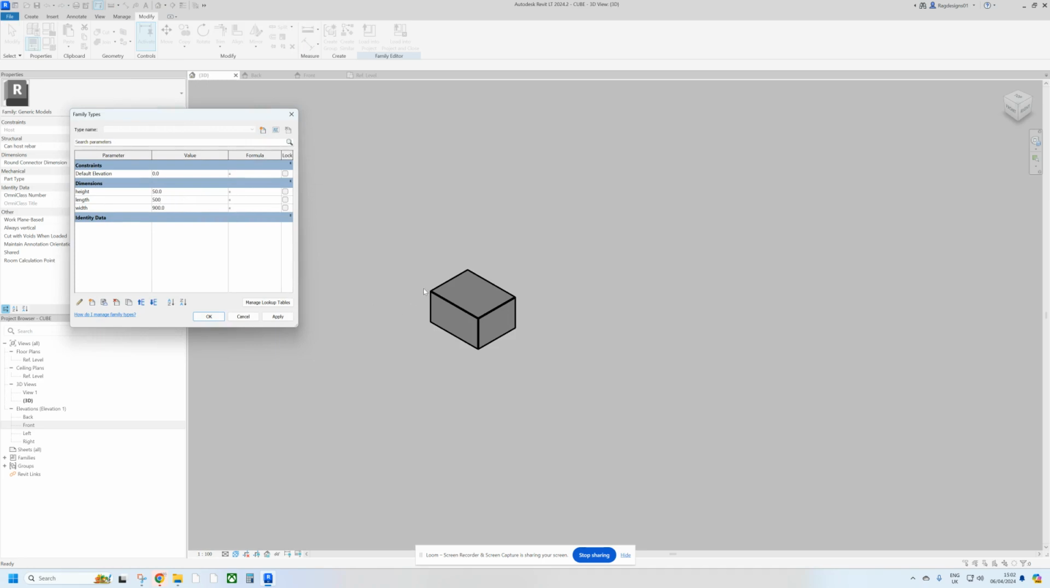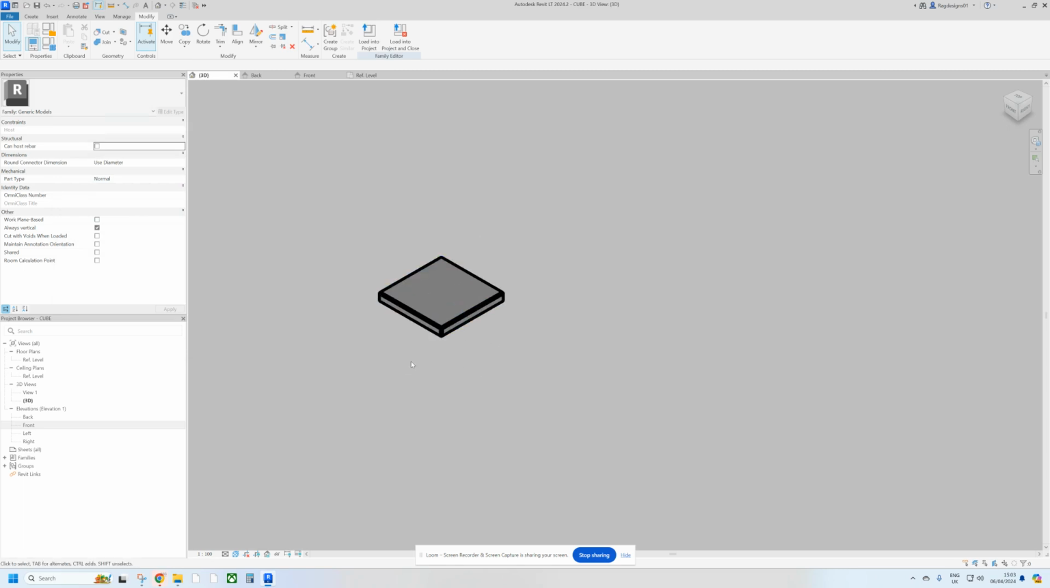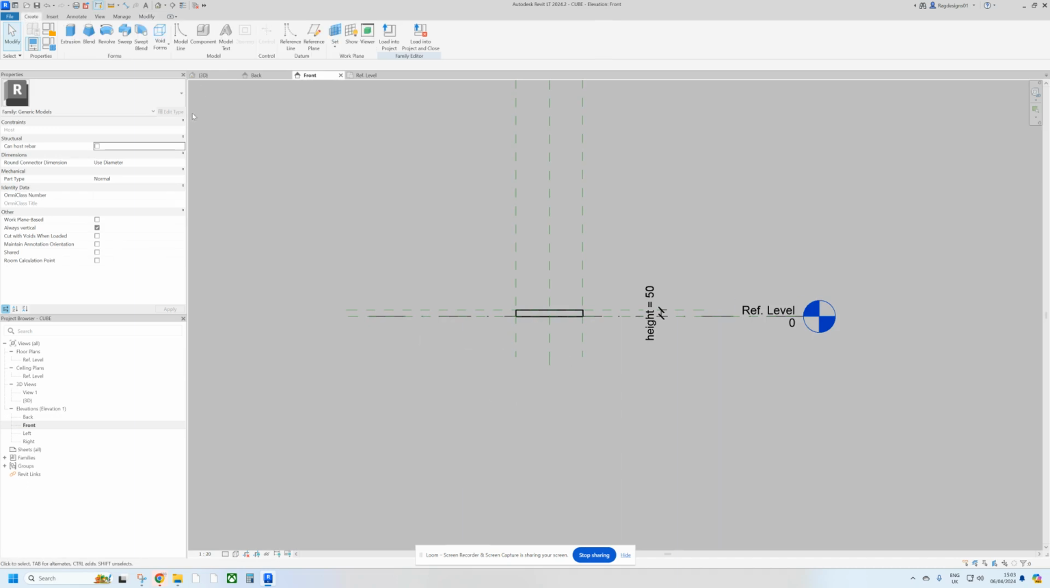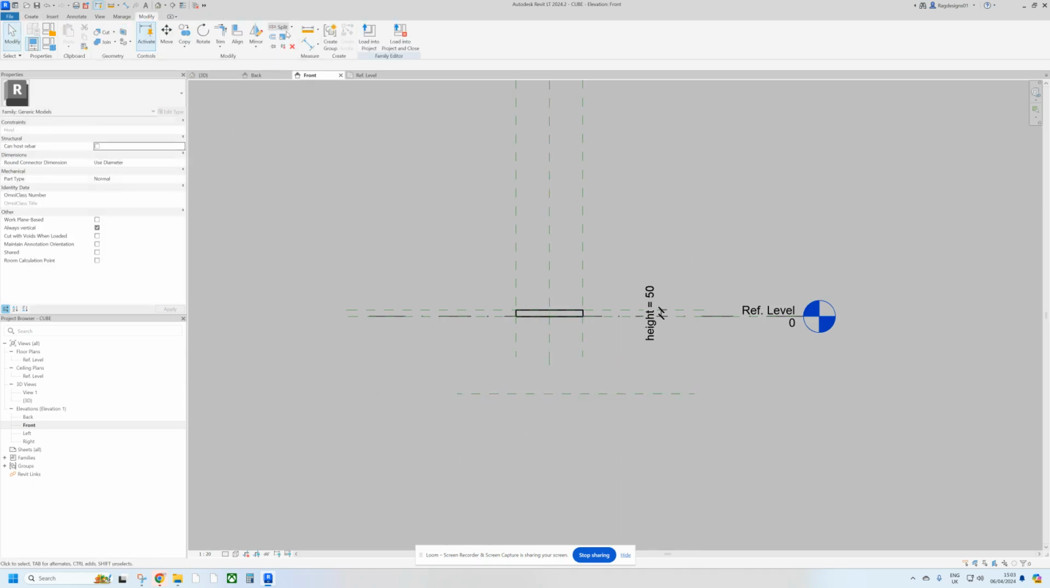So if we imagine that this is going to be the base part of the chair, we'll make the height 50 mil and we'll make the length and the width 500, and that gives us a basic square which will form the base. What we need to do now is add in a reference plane that's going to be the base of our legs. So go back to create, reference plane, create one in there,